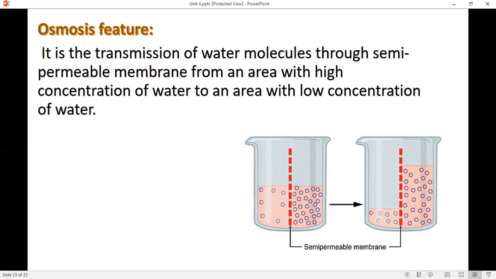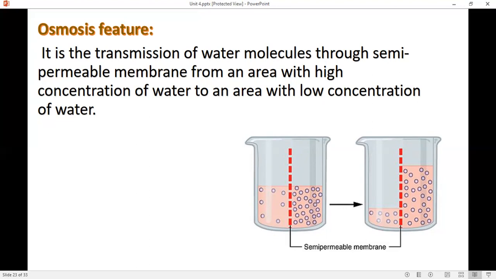So let's talk in detail on this point. From high concentration of water, which means it has low concentration of salt. And the low concentration of water, which means it has high concentration of salt. If you have two cups, the two cups are different in the amount of water. One cup contains water up to the top of the cup, and the other just contains 20